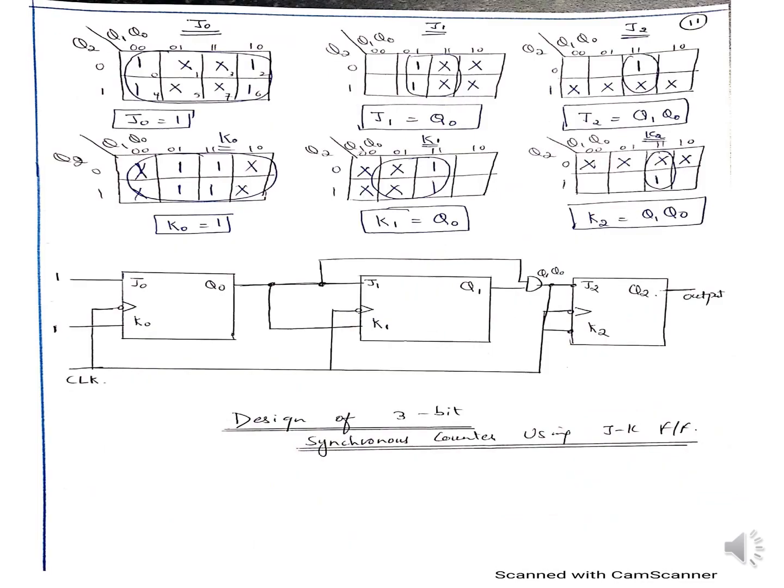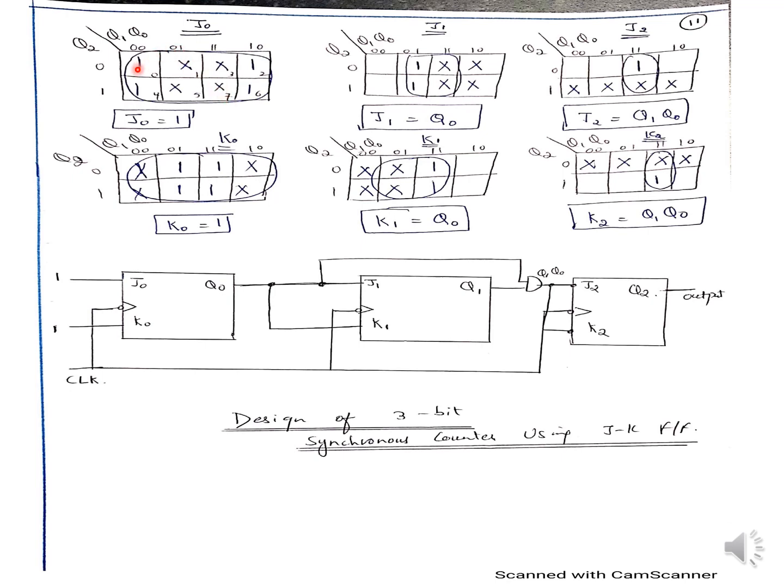So let's go. You can see I have done all the 6 K-maps: J0, J1, J2, K0, K1, K2. I have filled all the 1s and the crosses, no zeros. Okay, remember no zeros. You all know how to do the pairing; we have done it in Digital Systems 1. Don't cares are used to maximize the pair. It's not necessary to use all the don't cares. You remember the rule of the don't cares: you have to pair all the ones, not the don't cares.